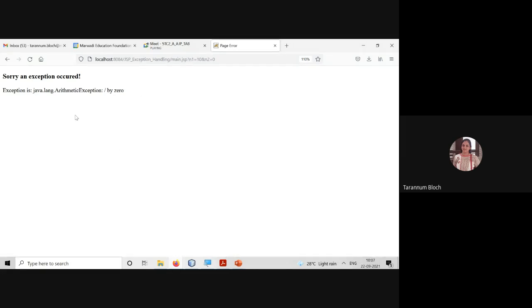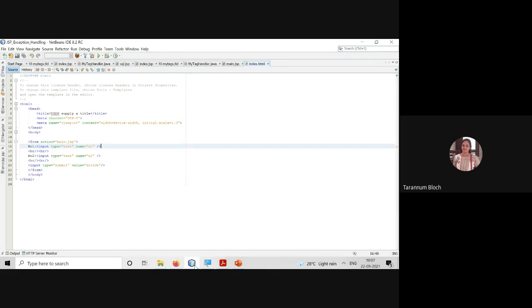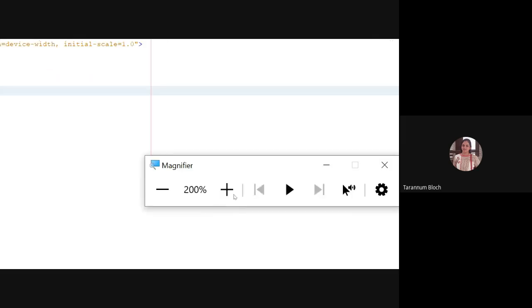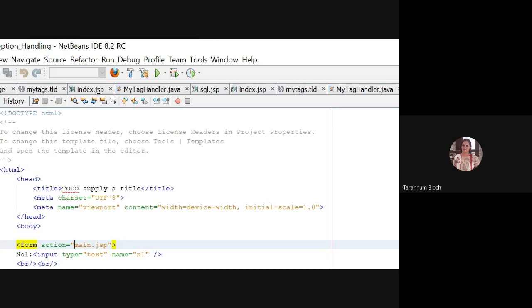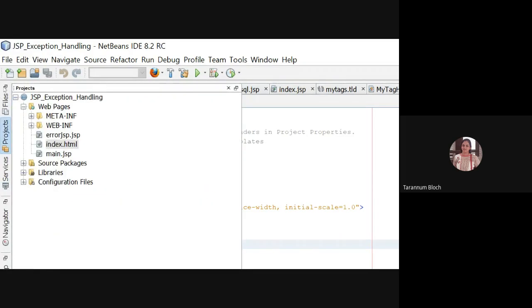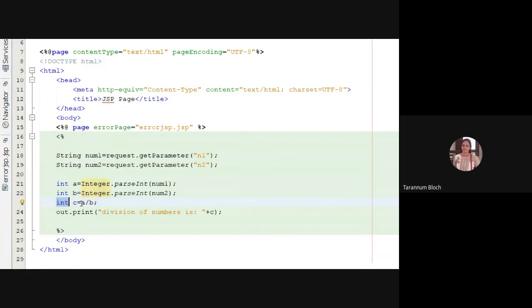So now how this is coming is, I have generated a common page for all the errors. This is index.html. When we are going to main.jsp, we set the property in main.jsp. This is the page directive. We said errorPage is equal to error.jsp.